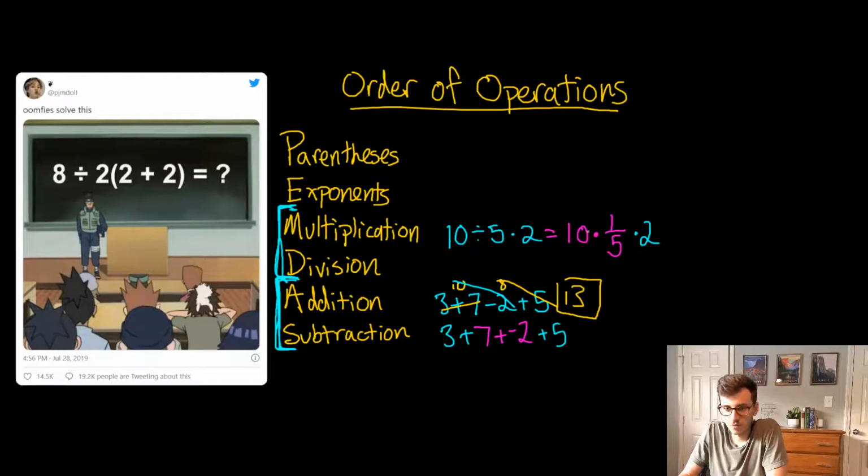So, again, we would go from left to right. 10 times 1/5 is 2, right? 10 divided by 5 is 2, times 2 is 4. And that's different than if we had done these first, right? If I had done 5 times 2 first, that would be 10 divided by 10, which would be 1. And that would mean that we're not speaking the same language. We're not playing by the same rules,